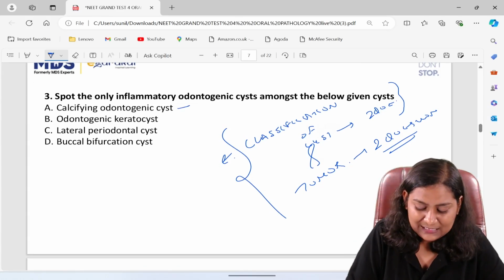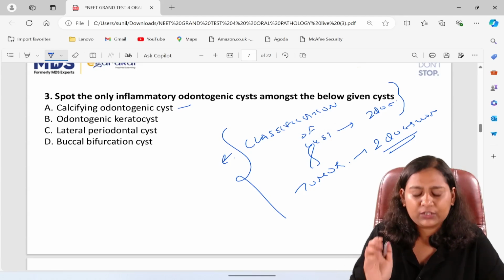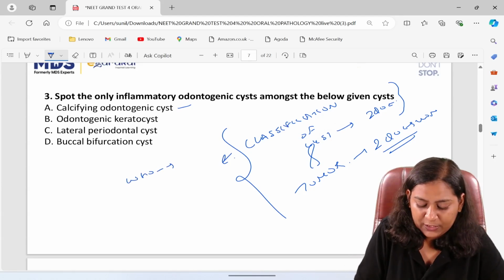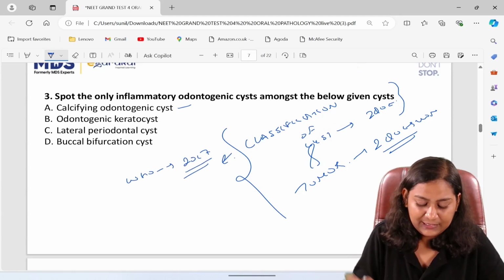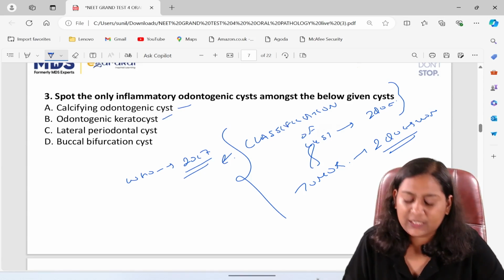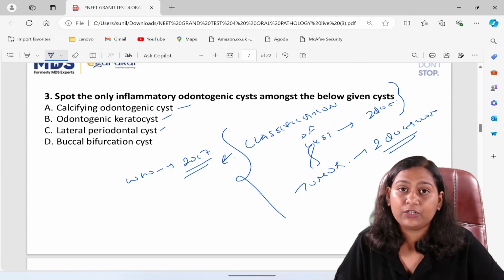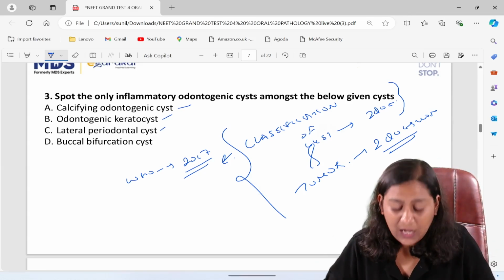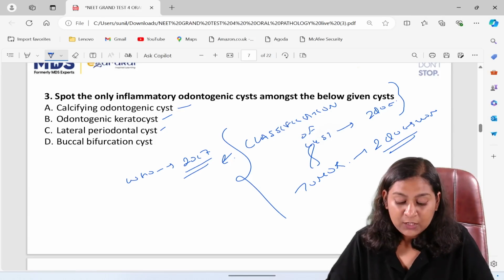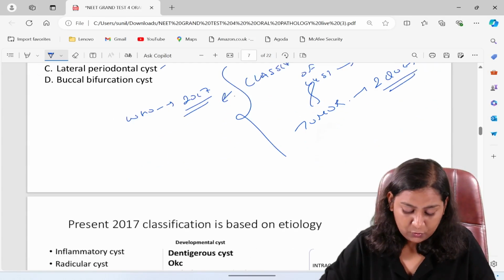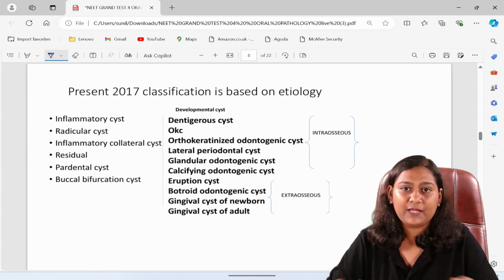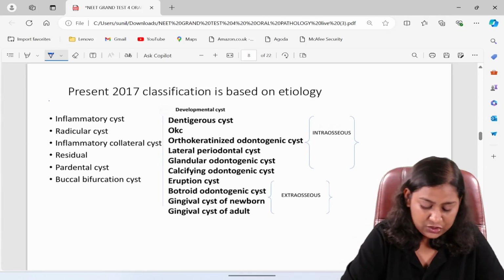Okay, so calcifying odontogenic cyst, so for this just remember WHO 2017 classification. Odontogenic keratocyst, lateral periodontal cyst. Now you tell me what should be the answer of this question. Okay. So before coming to the answer of this question, let's first discuss the present 2017 classification that is based